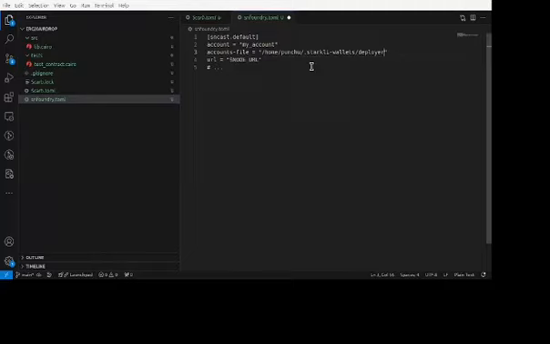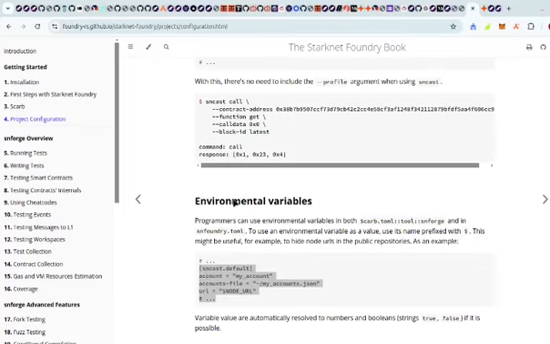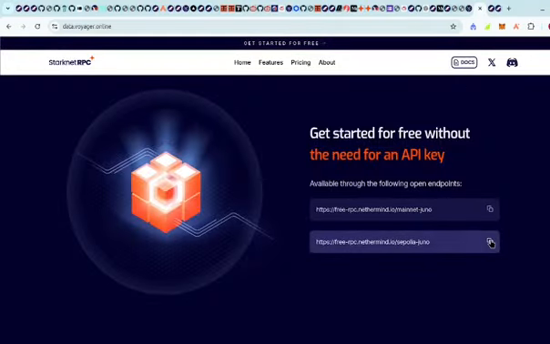Right there. And then it's asking for the node URL. So you call the node URL, and to help us get the node URL, it's from the Starknet RPC. So just copy that right